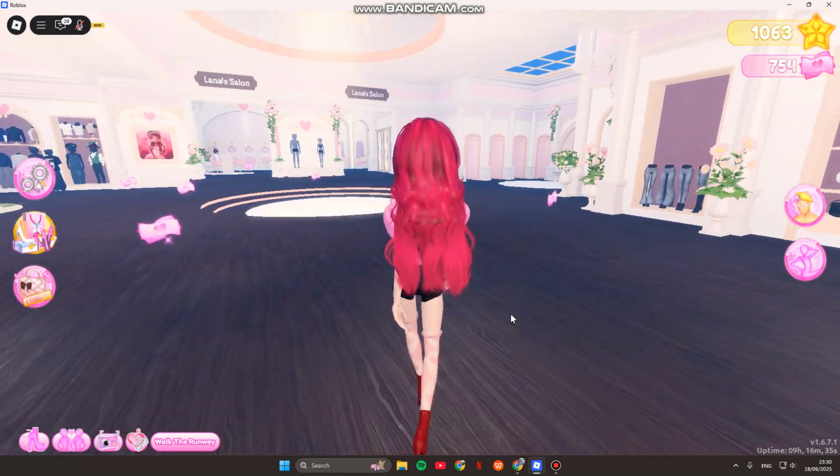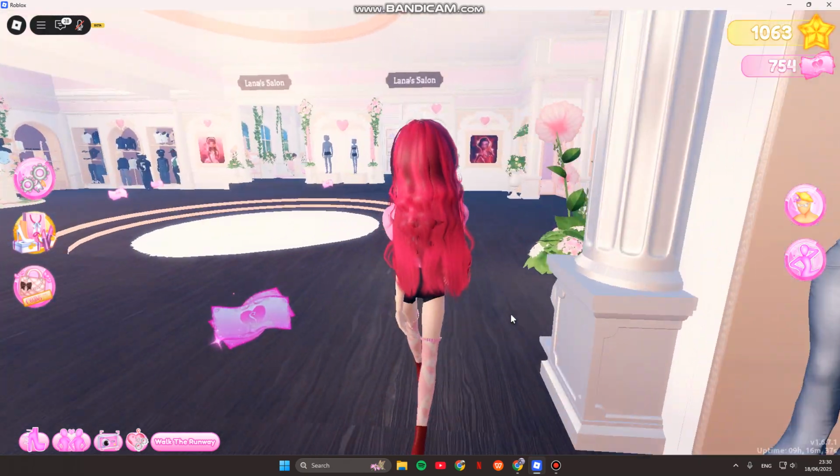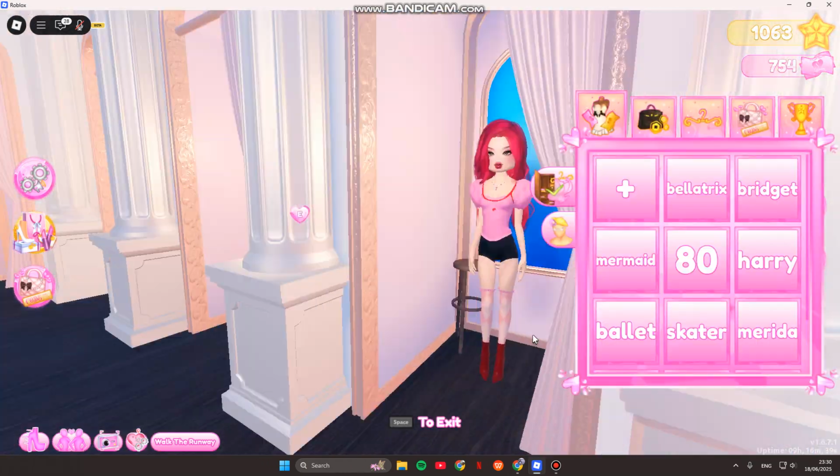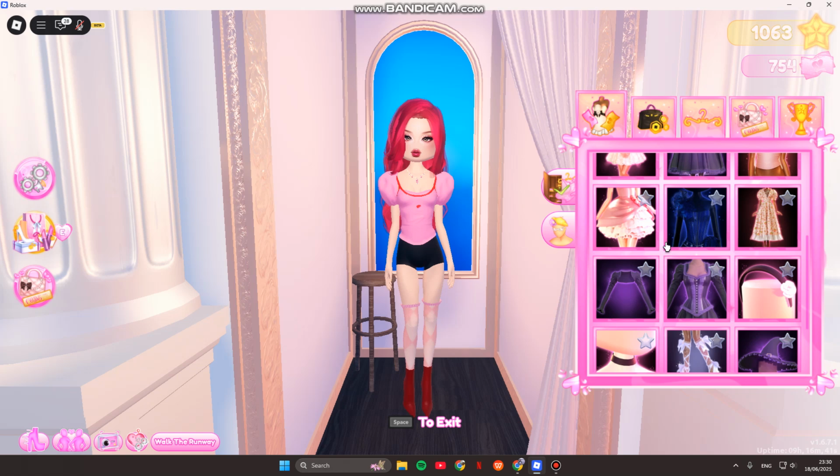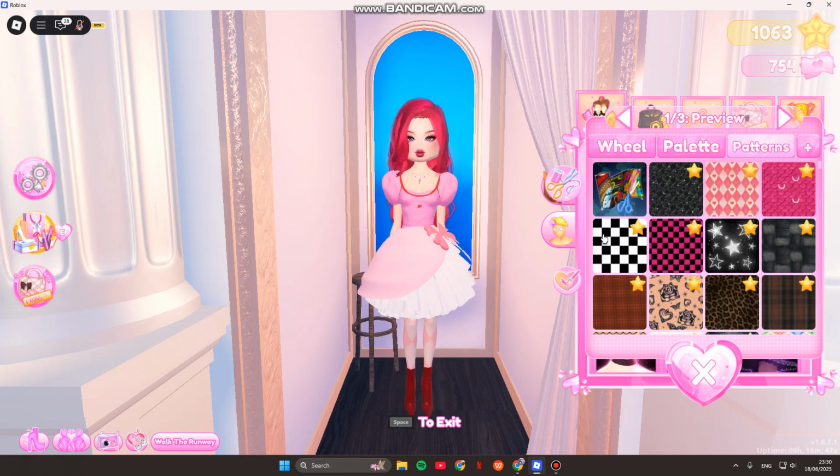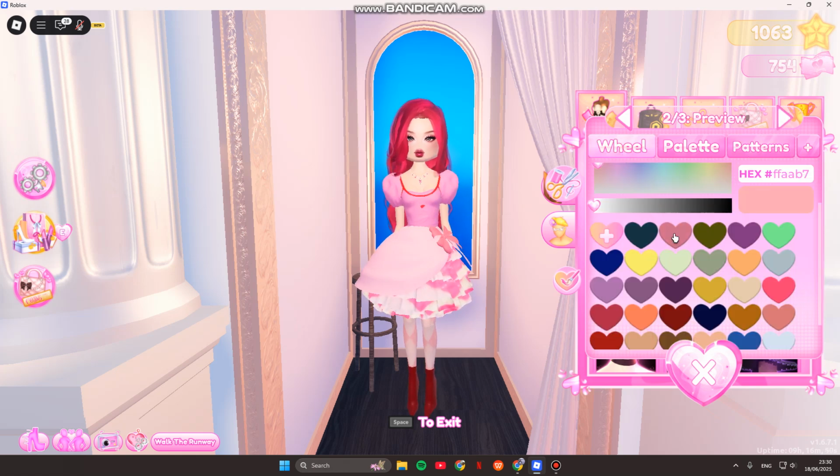Now let's finish the outfit. So here for the bottom part, I'm going to use a skirt from Currency Items. So let's use this skirt in here. So for the first preview, use these patterns, and the second one, use the same pink color like the top,